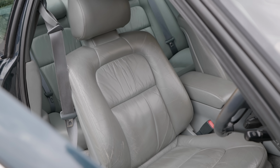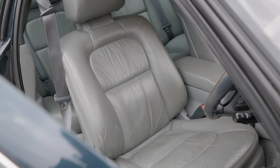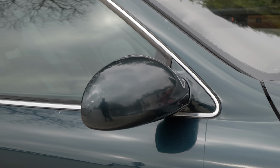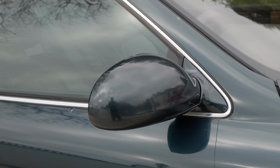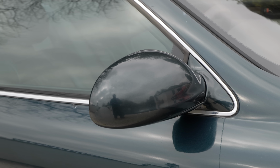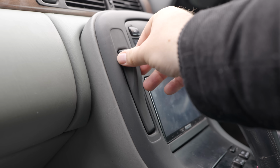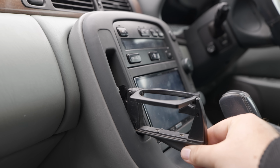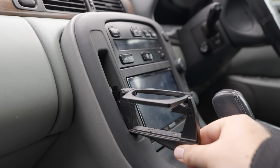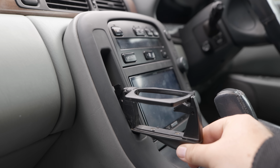You've even got, and I've never seen this on any other car, an ultrasonic cleaner for the wing mirrors. You press a button down here and they will apparently vibrate and shake themselves free of water. You have an amazing little cup holder here, which I'm told is functionally useless, but still a pretty piece of engineering. You've got climate control, and originally some of these cars were fitted with a system they called EMV, Electro